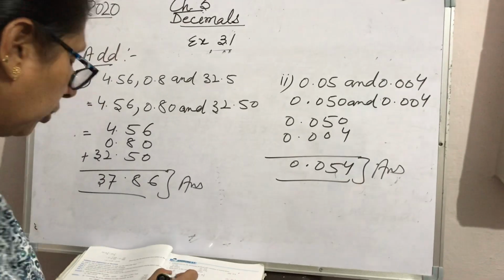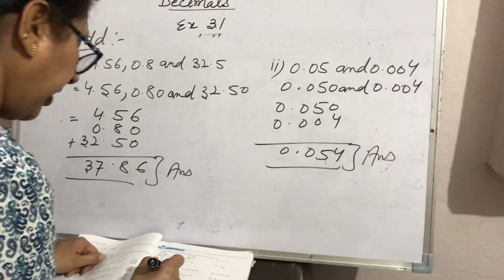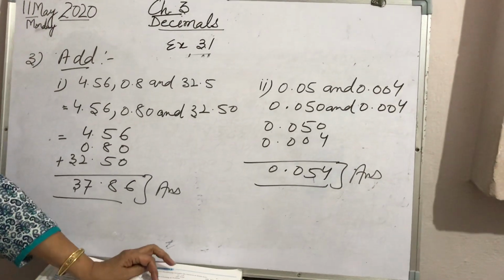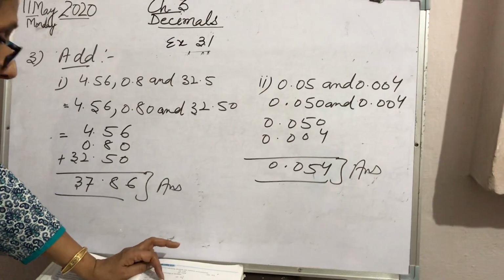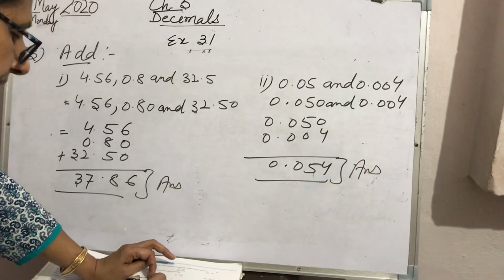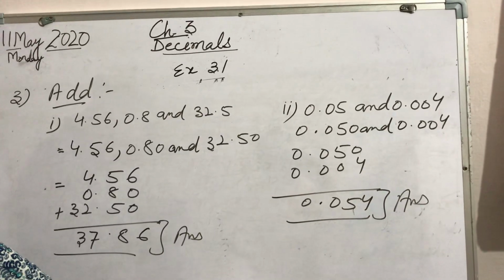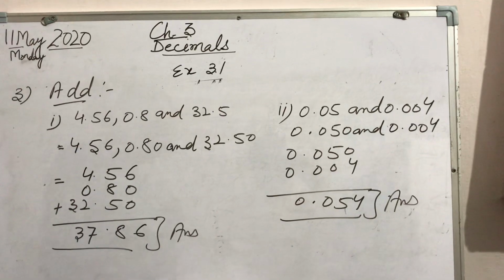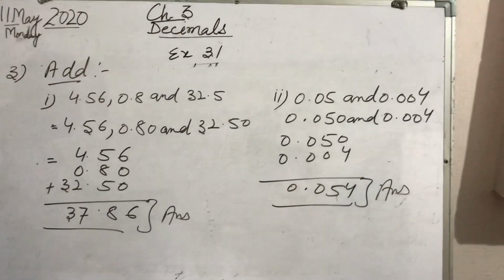Just a minute. In the fourth part, this is the statement: 14.44, 6.234 and 18. Only a whole number is given. There is no decimal part, which means decimal places are missing. So we will use zeros in the decimal places. The total maximum digits in the decimal part is 3, so 18.000. In this way you will add by arranging in column method. So these 2 parts you can do yourself. The fourth part we'll continue in our next lecture.